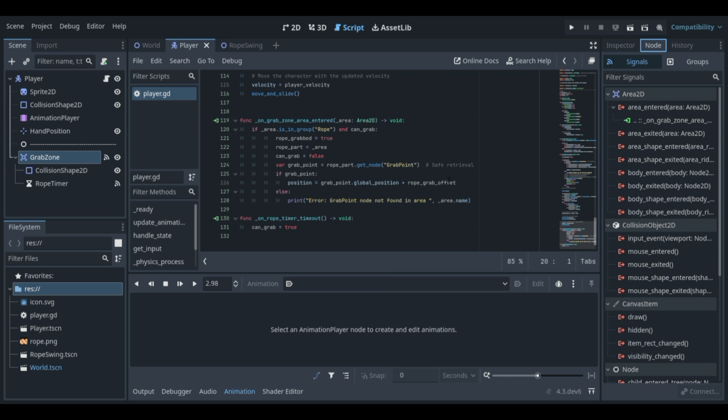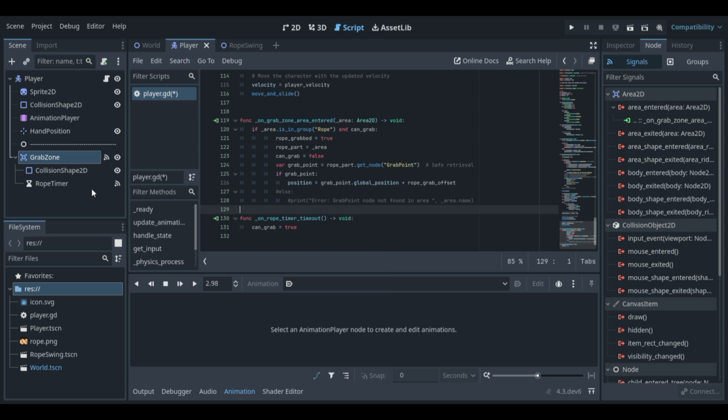So this is for the separate retrieval again. So if grab_point.position is equal to grab_point.global_position plus rope_grab_offset, else print there. Well, you don't need it anyway as well. I just like it for printing if it's working.